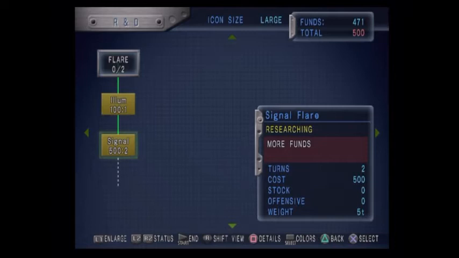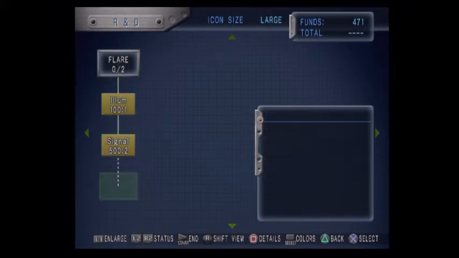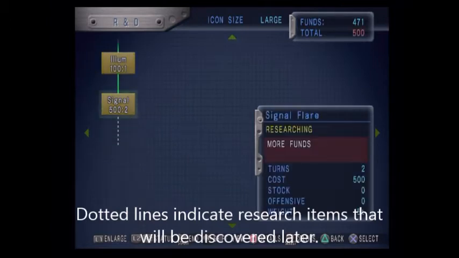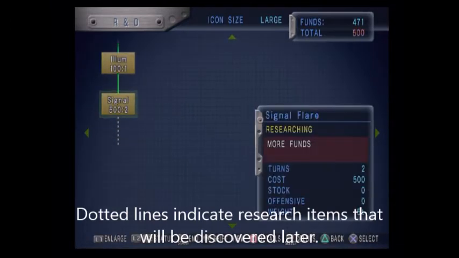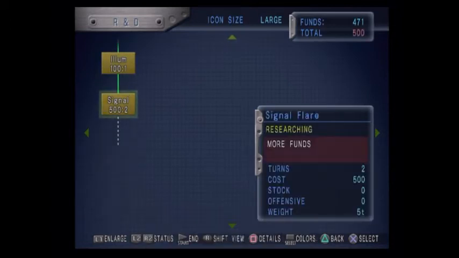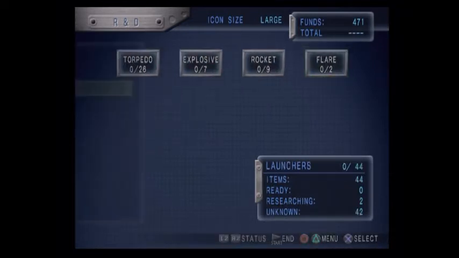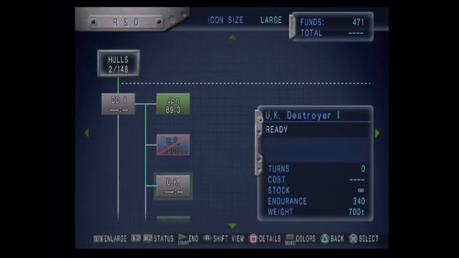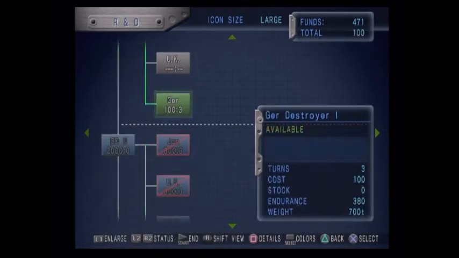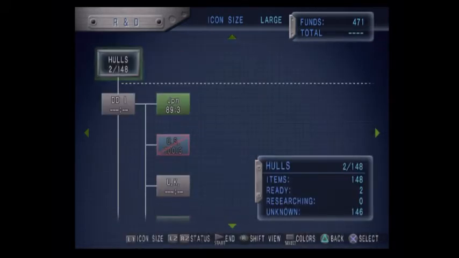Signal flare, actually, if you fire off a signal flare, it'll tell survivors to come to your ship. A lot of people don't know that. They just kind of see it and they're like, oh, whatever. But there is good stuff down here beyond these two, so people just usually research these just to get to the other things that are down here. But the signal flare, if you use it, it actually calls survivor little boats to your ship, which is nice. We have hulls. We have just the basic UK DD-1,